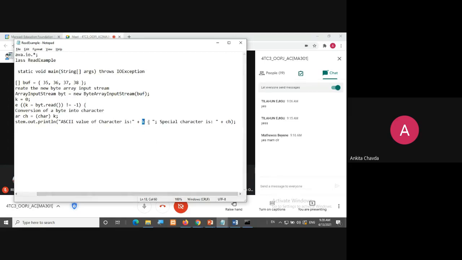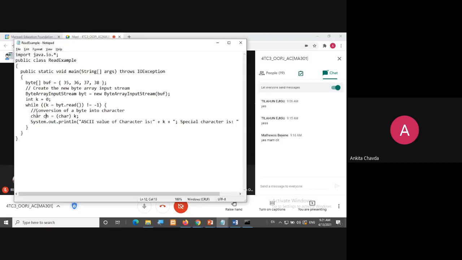So you are printing just the integer and character for this single data because we are reading a single character. So I don't need a character array, I'll just take one character variable because in this while loop I'll take the data one by one. Okay, fine.